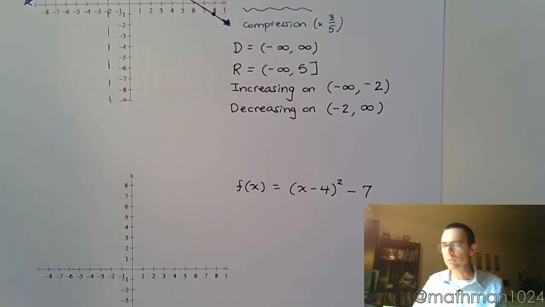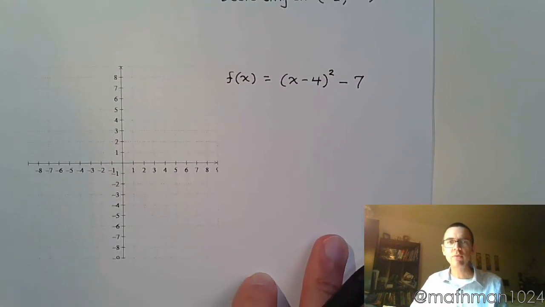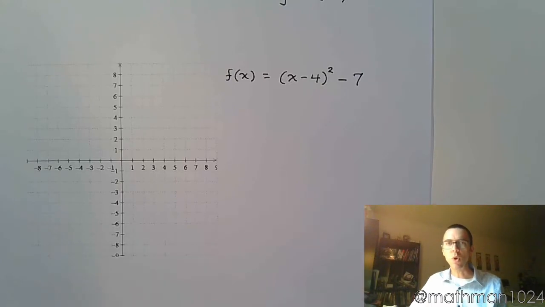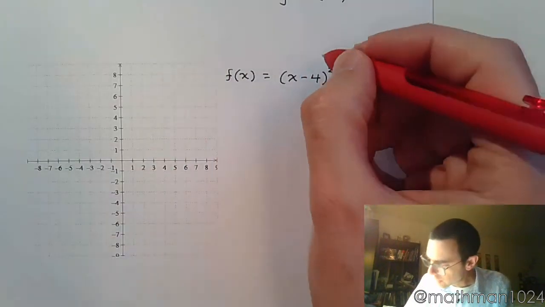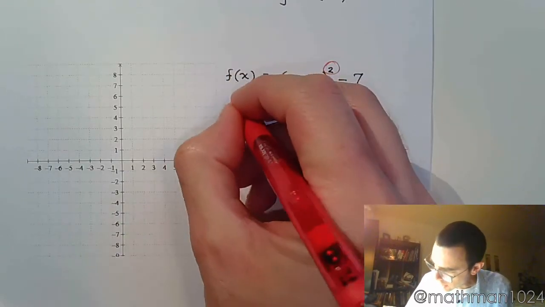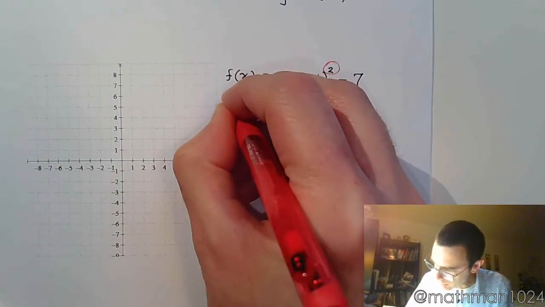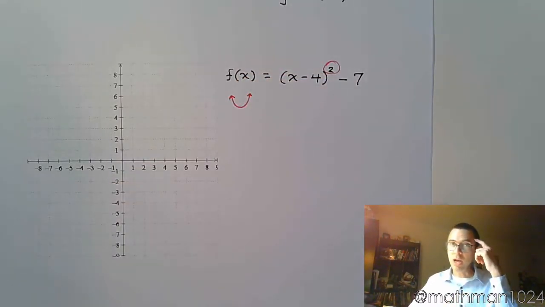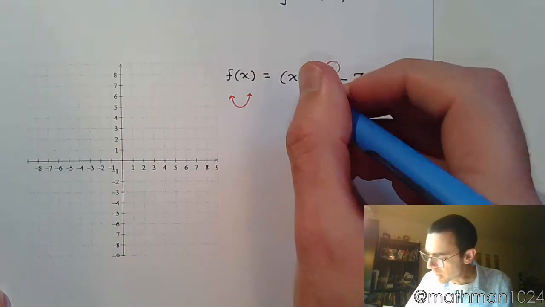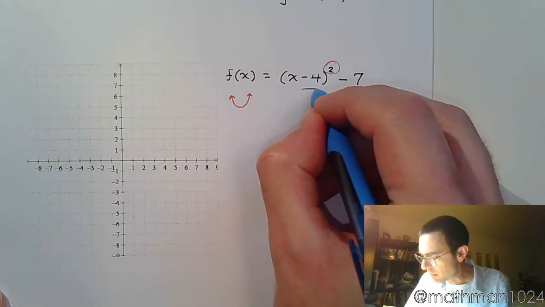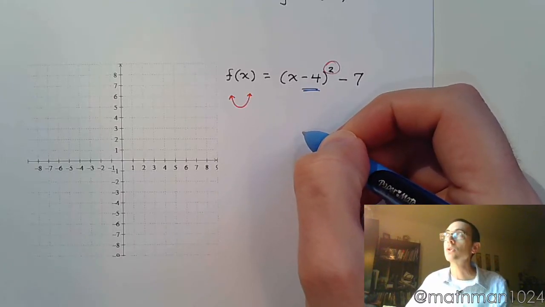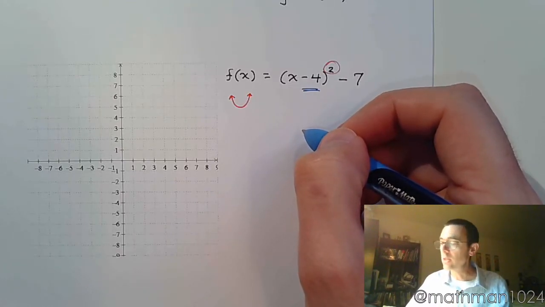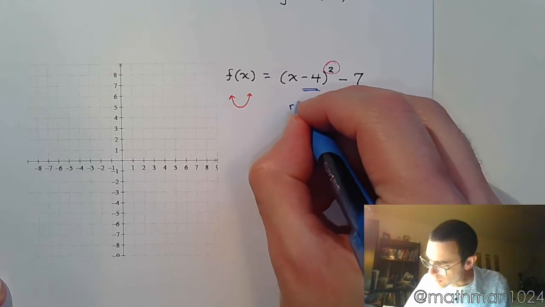Now our next example is to graph f of x is equal to (x minus 4) quantity squared minus 7. And when I see the square, this square tells me that I'm dealing with a parabola, which means you should already have in your mind what those key points are. Now, where has this guy moved? Well, let's see. I've got a minus 4 on the inside here. That's horizontal, opposite of what I see. So that means I'm going to go to the right